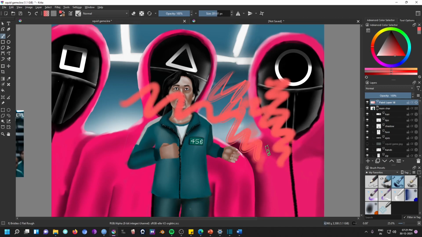Now suppose you have made a mistake and want to erase the stroke you just made. Simply press E on the keyboard or just press this eraser icon. The fun part is that if you are using a texture brush, the eraser will work in the same textured way. For example, if I choose this hair brush, pressing E on the same will create an eraser with hair-like textures. And pressure sensitivity works here also. Pressing harder will erase harder or pressing lighter will erase lightly.